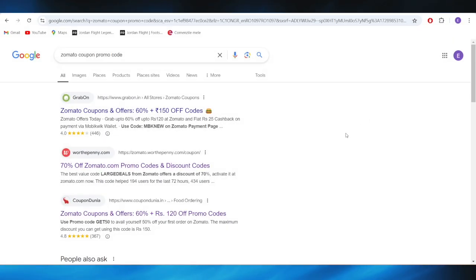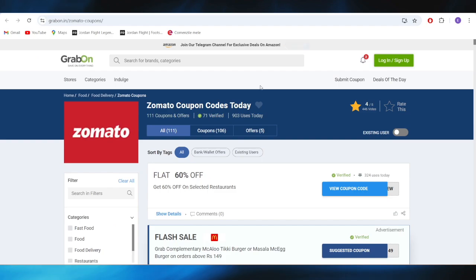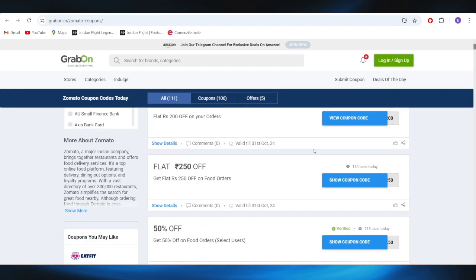First of all, go to your web browser, and right here you'll have to search for the Zomato coupon promo code. Go to this very first website, which is called Grab1. As you can see right here, we have some promo codes that you can use in order to get